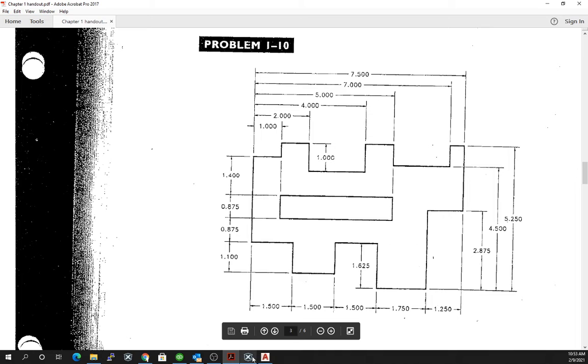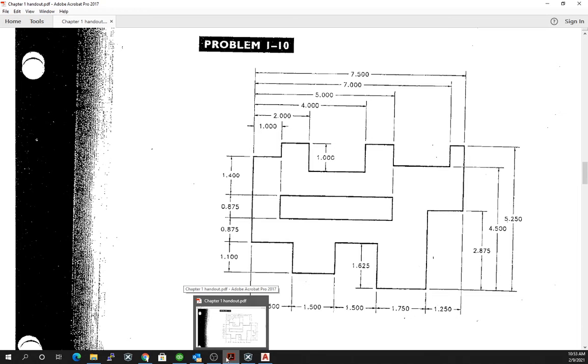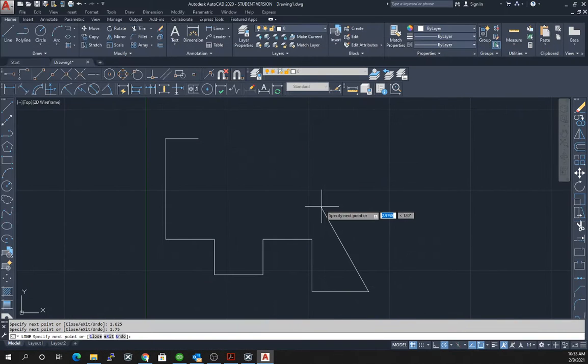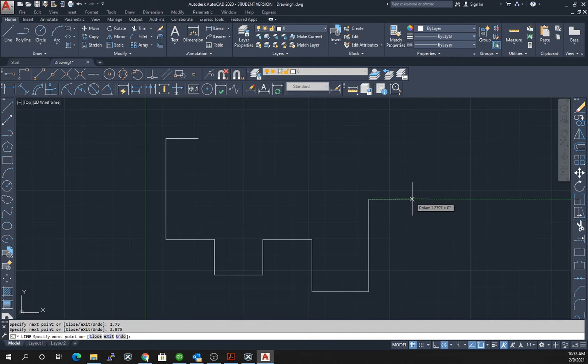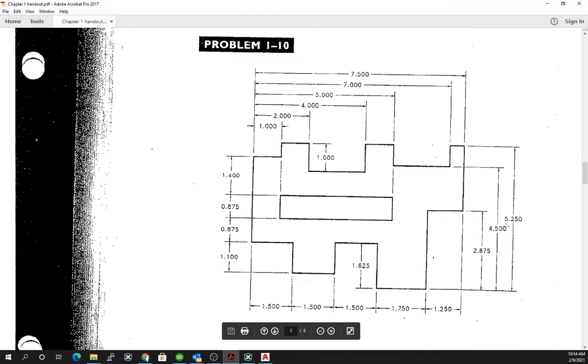So now up by 2.875. Over by 1.25. And up by 2.875,